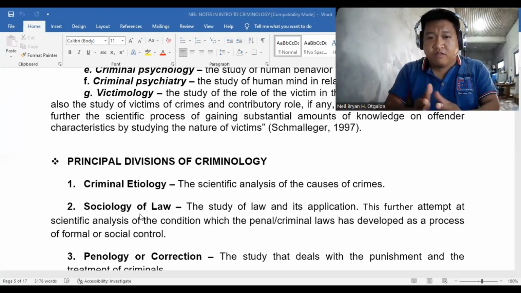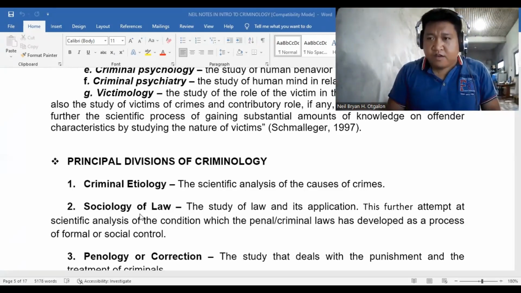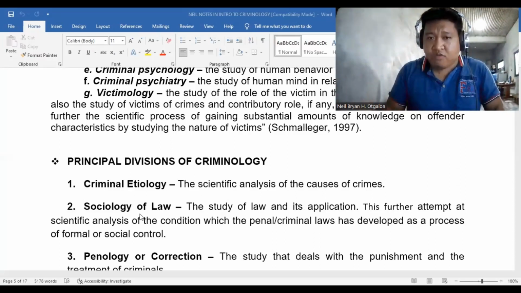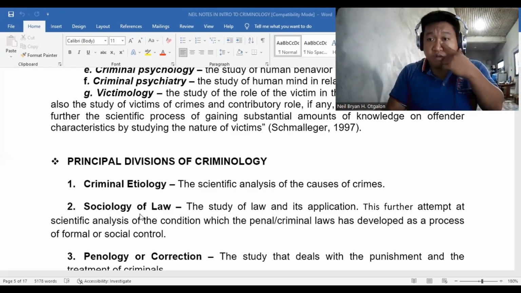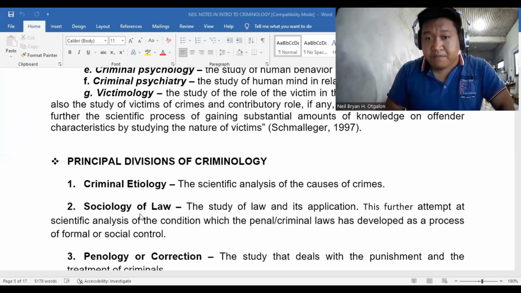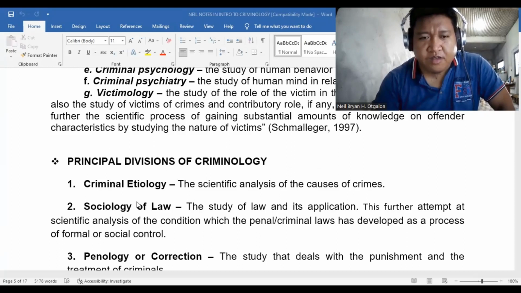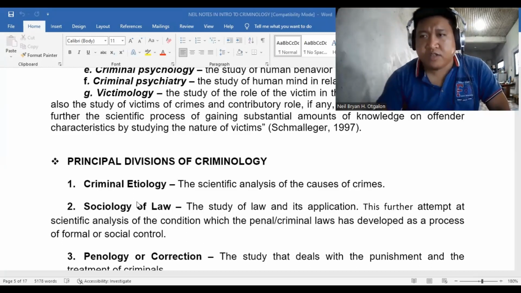So ganun din sa criminology, this may be of different fields of study or interest, but still they are as a whole, they are the target of criminology. Katulad sa subject ng criminology, yung seven, no? Iba-iba man yan, but they are under one law. They are under criminology. Okay? So one is criminal etiology. So criminal etiology, this is in relation to the second scope of criminology, according to Sutherland, which is